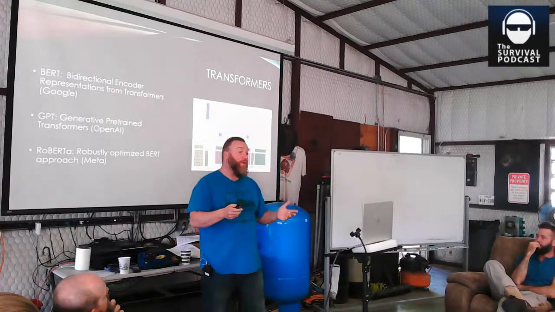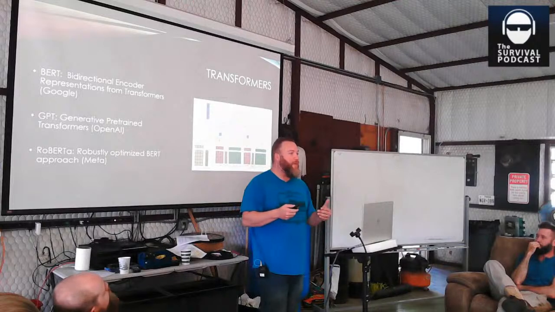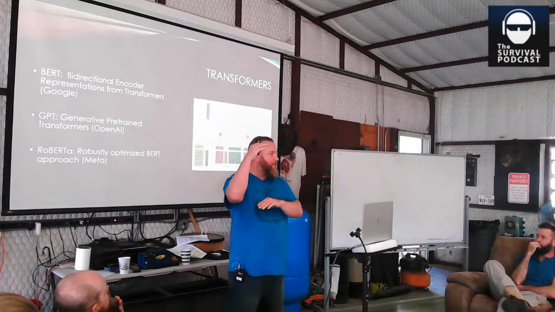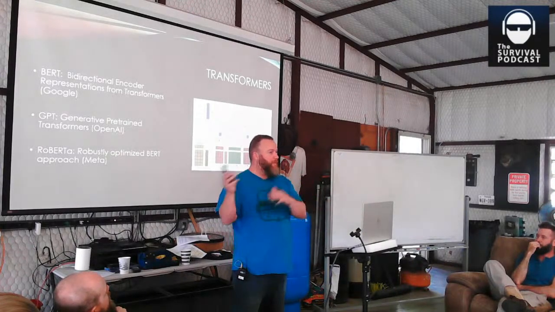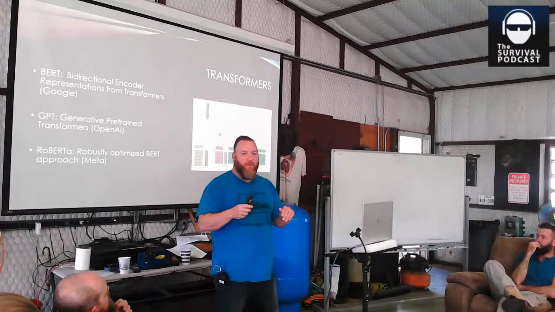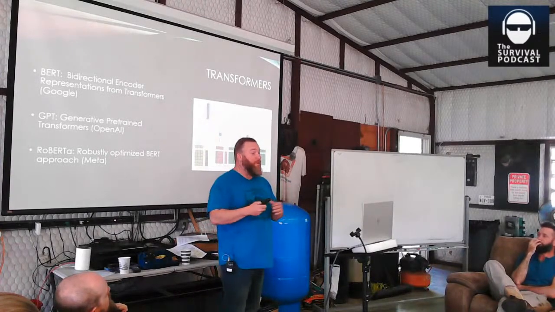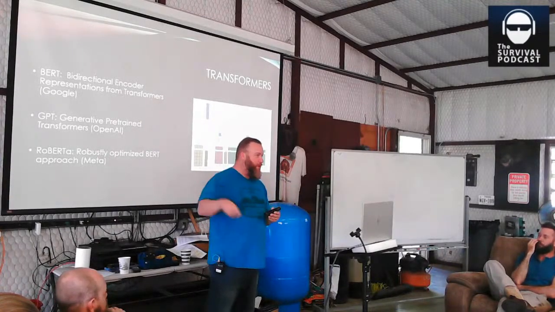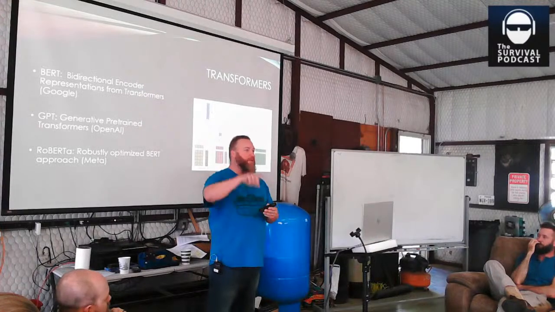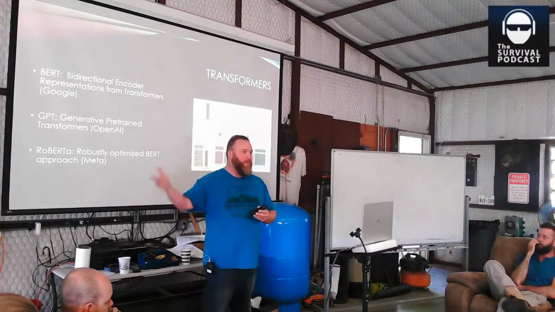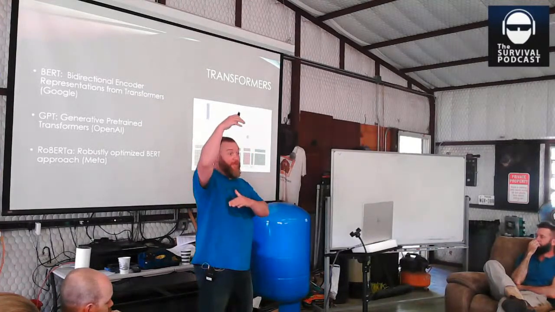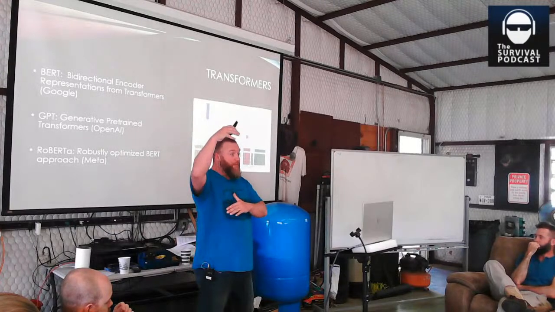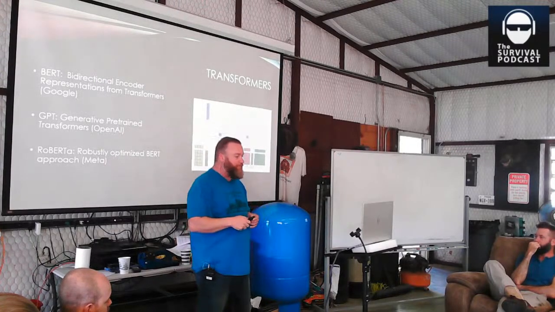Okay, and that's one of the reasons why ChatGPT has a relatively short context window compared to some of the others. And I'll get to what context window is in a minute. But the reason is the way that the transformer is working. It's essentially running every word that it's already said through itself to get to the next word. So you can imagine a really long response. That's a lot of compute power that's needed to do that, right?